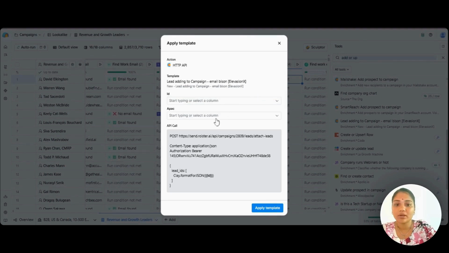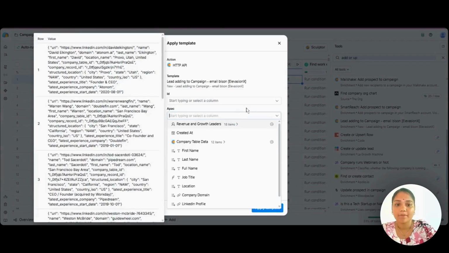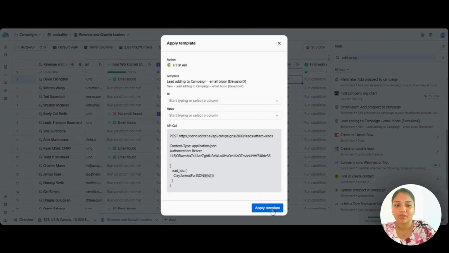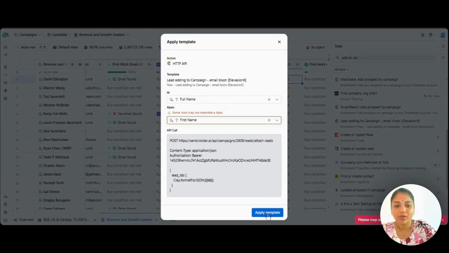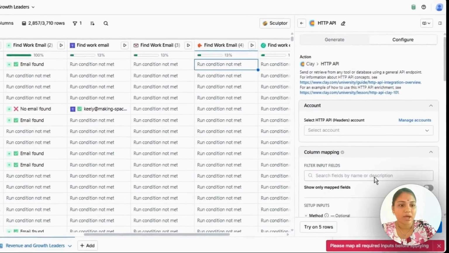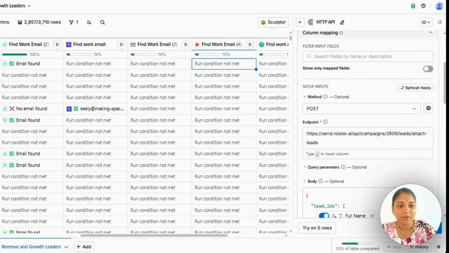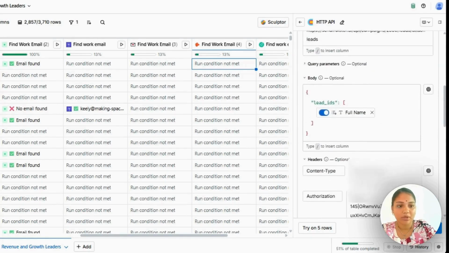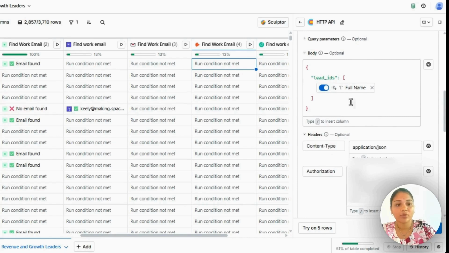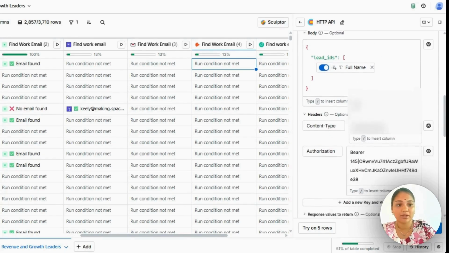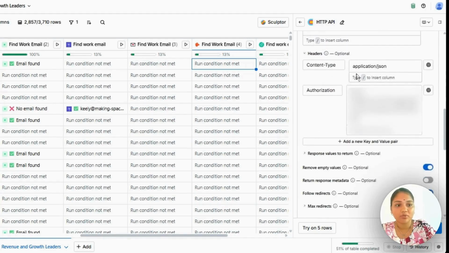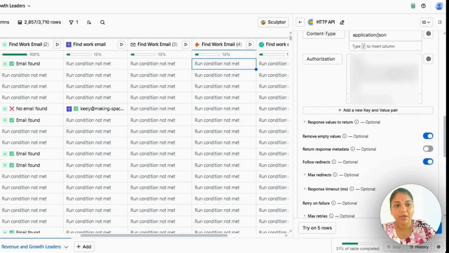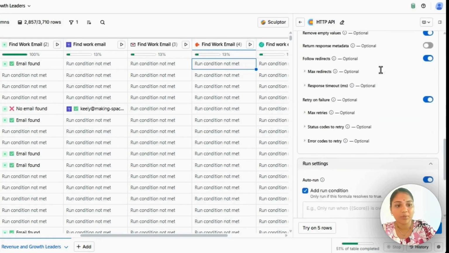And after that, you can have any other list or any other columns. You just map that out here. I'm just mapping any of that and just applying the template. So for now, I'm just selecting any of this to show you as an example and clicking apply template. Once you have applied the template, you can see all the HTTP method I have chosen here. You can see the method as POST and the API key has been included, and in the body you have to add this type of JSON format to add the leads. In content type, I'm using this application/JSON format. And for authorization, I uploaded my API key.